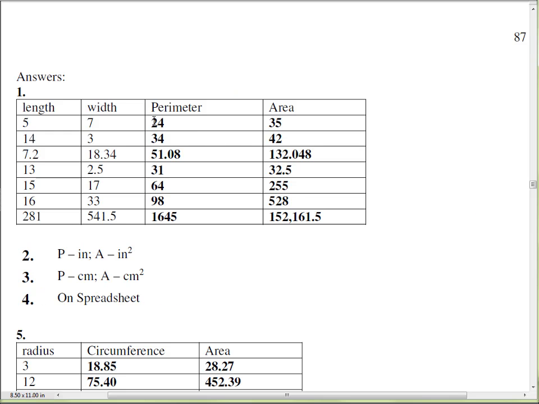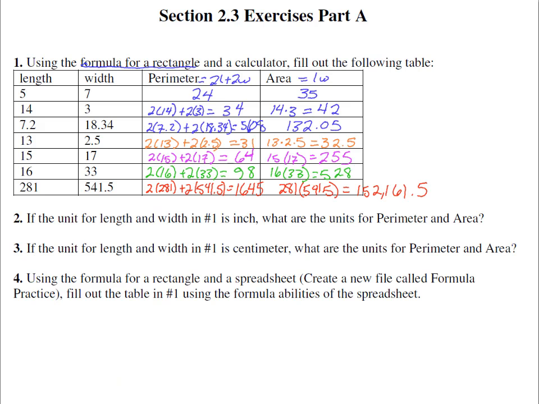And here we look at our answers: 24, 35, 34, 42, 51.08, 132.0, we wrote down 0.05 but 0.048, 31, 32.5, 64, and we look and we see that we have them. Good. Okay, number 2 says if the unit for length and width in number 1, so we're looking at this